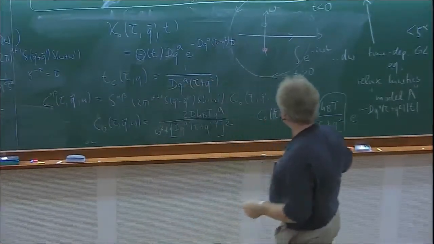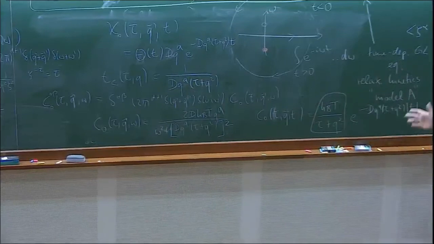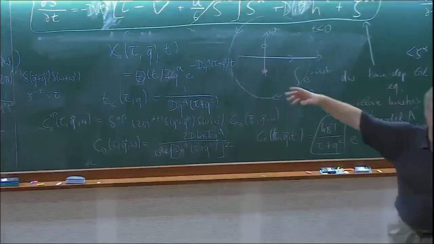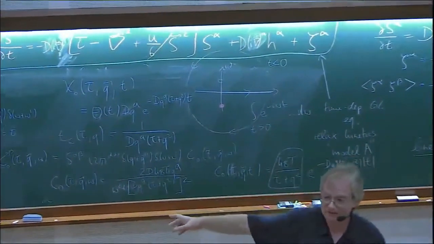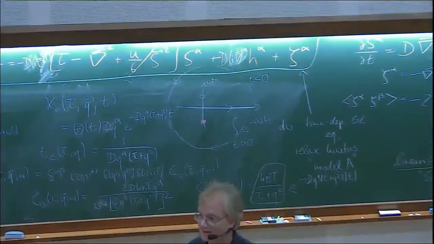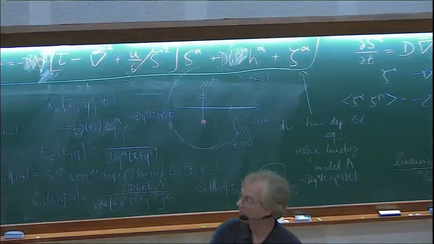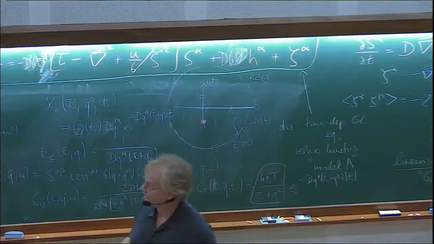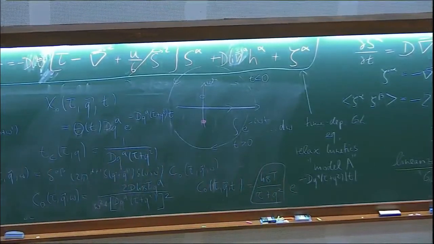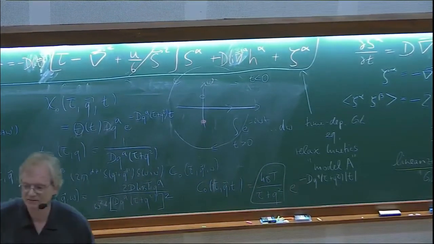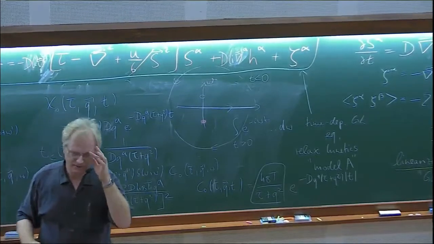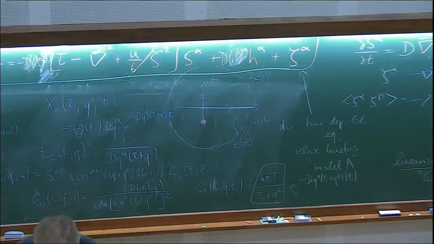All right, so this is the Gaussian model. What the Gaussian model tells us is the phenomenology is really showing up. We do get critical slowing down, we can infer dynamic critical exponents. They are very different for conserved and non-conserved order parameter. So it's important to take that into account. The static universality classes is splitting up into different dynamical universality classes depending on conservation laws. Okay? In thermal equilibrium already.